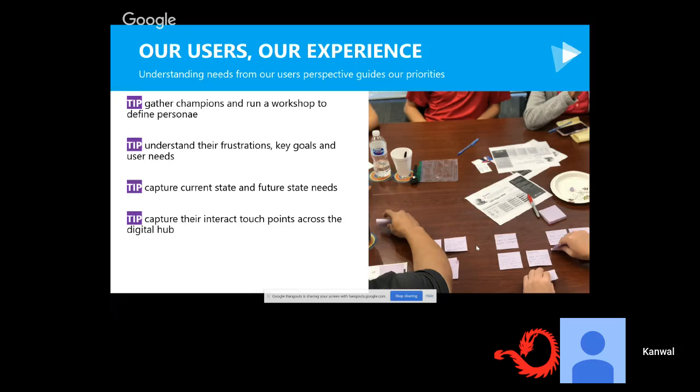But what's really effective is you get a couple of your key champions, a couple of your biggest vocal people who are challenged with technology, or your biggest advocates. Make sure you have a mixture. Get them together and run a champions workshop on helping define that persona, because you'll learn a lot around what the priorities are. A lot of times, what at least I learned early on in my career is that sometimes